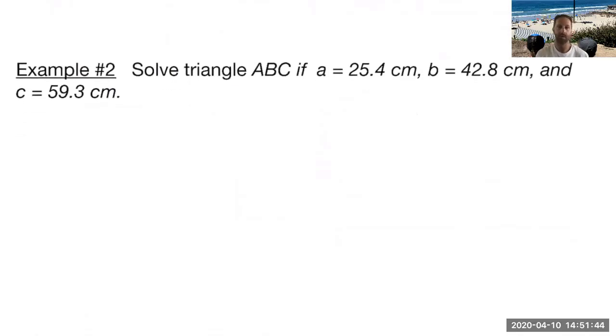This looks very similar, but a little bit different than any of the ones that we've seen in the past, because this particular one has 3 side lengths compared to some of the other ones that have all had angles. So hopefully you remember that we've been talking in depth about what is necessary in order to solve any triangle, and that's 3 parts. You have to know half of the entire triangle, and at least one of those has to be a side. In this case, all 3 of our pieces that they gave us are sides,